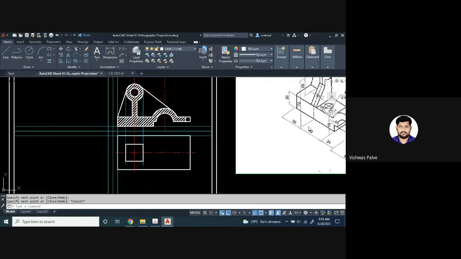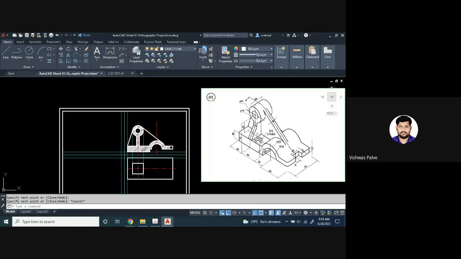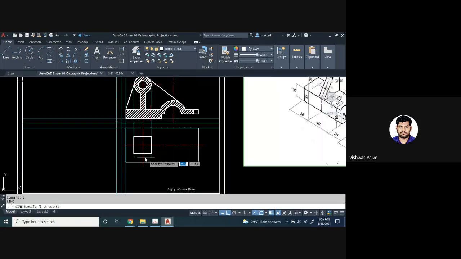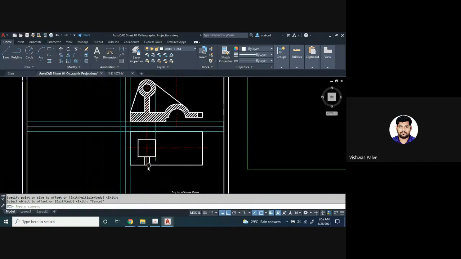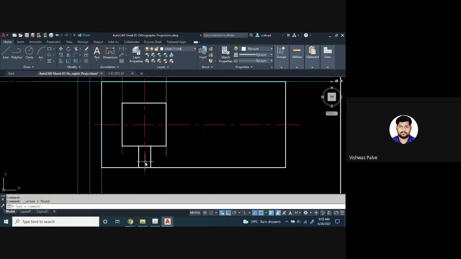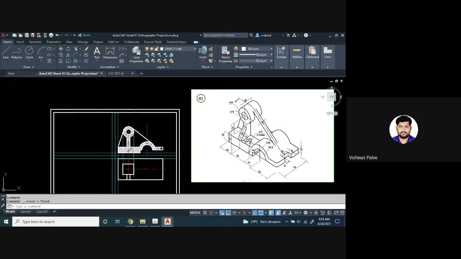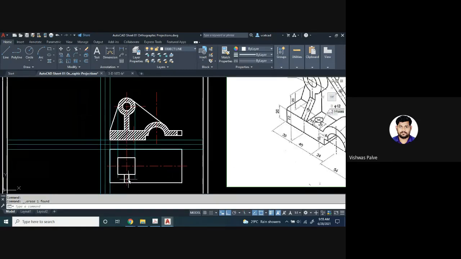Then next, this rib will be seen. This rib has to be shown here. While showing that rib, it will be seen as an inclined portion, right? But an inclined portion, when you observe it from top, will be seen as just a rectangle. So I will draw two ribs here, and the center one I can delete. From top you will see this inclined portion, but it will just be seen as a horizontal line.